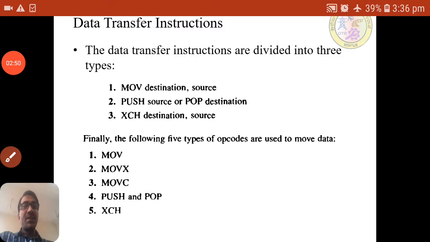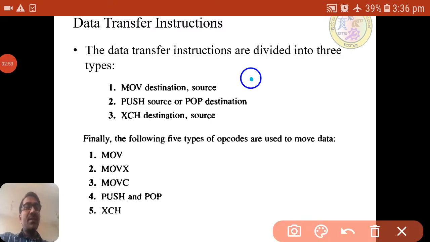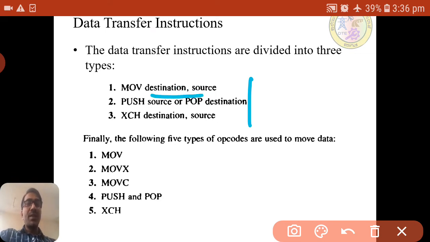In data transfer instructions there are basically three types. Data transfer means the transfer of data from one place to another, which we call source and destination. MOV is a mnemonic or opcode which moves the data from source to destination.